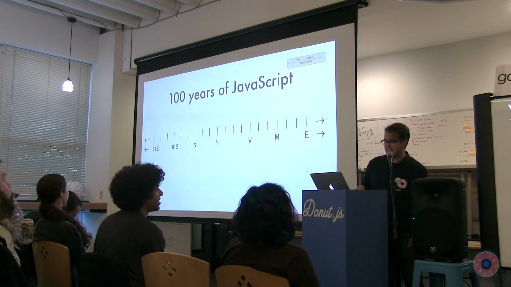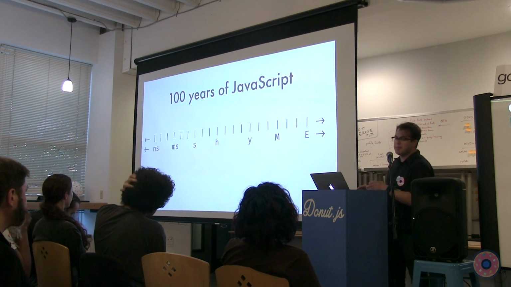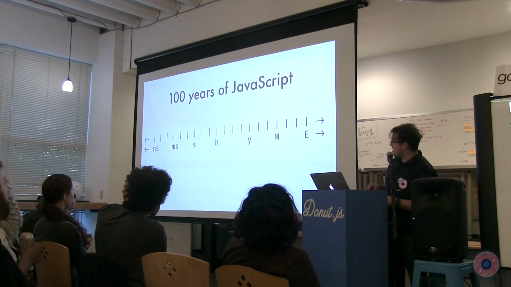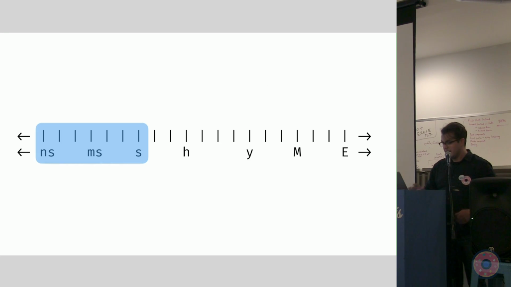So let's talk about time scales. This is a log scale. Each tick on this chart is 10 times the value of the one to the left of it. I've got nanoseconds at the far left and millions of years at the far right. Now, normally when we talk about time in software, we're talking about the far left side of this chart, because